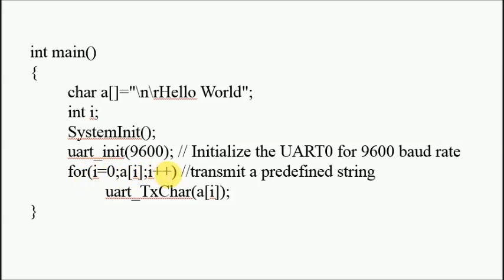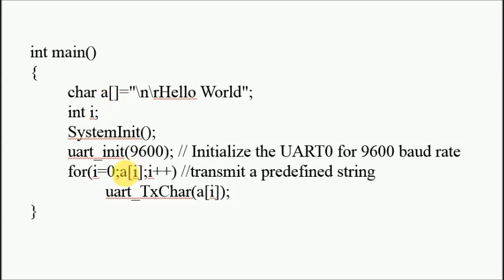Here I am going to transmit the data, so you can see that when i is 0, we have a particular data here, and we are incrementing i. Then the data will be available here. This data is provided for the transmission, and when the transmission is completed, the program will be stopped. Here byte by byte we are transmitting the data, since a character has the size of 1 byte.